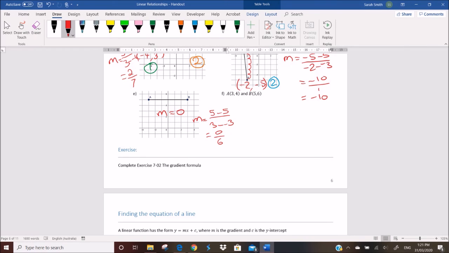For F, we've been given our coordinates, so it's going to be much easier to use our formula. So I'm going to say this is 1, this is 2. So my y value and my x values, so 5 minus 3. That's going to give us a 2 and a 2. So our gradient in this case is just going to be